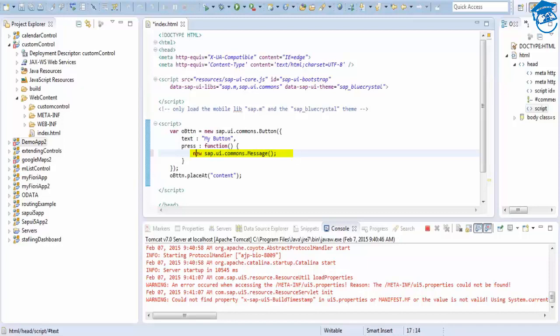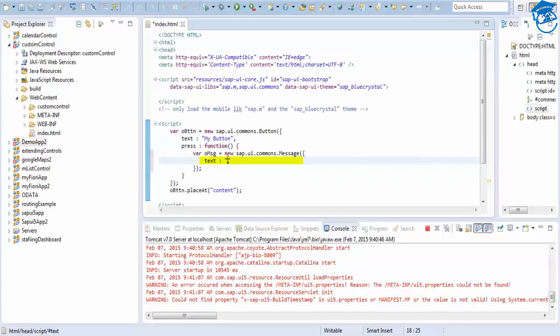So I'm going to place var oMessage equal to, and in the end I'm going to type text. Here inside this text we have to place what text you want to display.